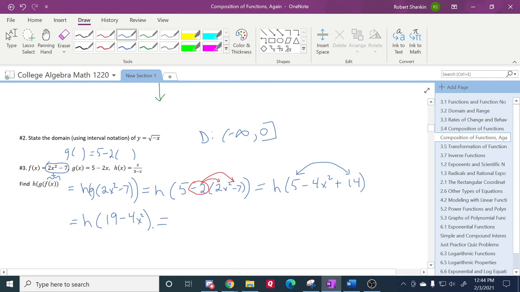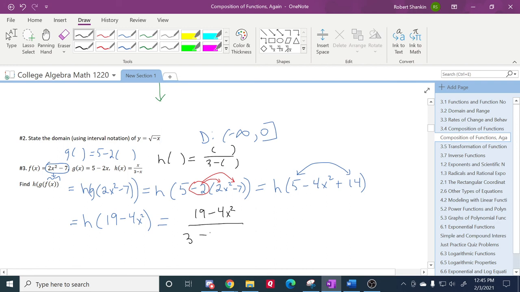Now I'm going to do h. But what does h of anything mean? H of anything is, let's leave out x. H of blank is equal to that blank over 3 minus the blank. And 19 minus 4x squared goes here, here, and here. So I'm going to get 19 minus 4x squared over 3 minus 19 minus 4x squared,